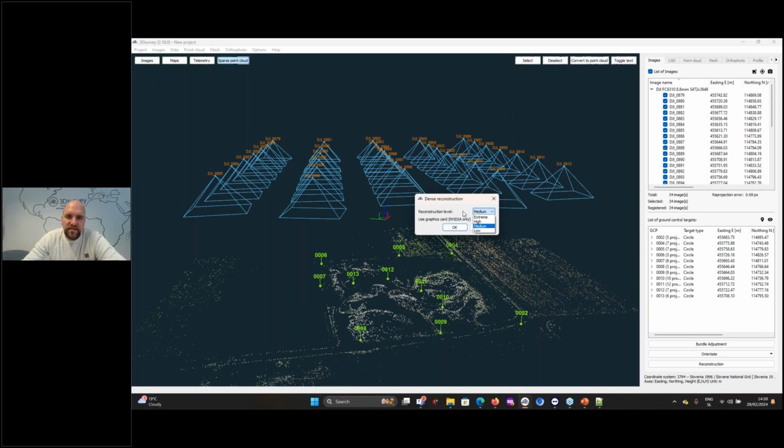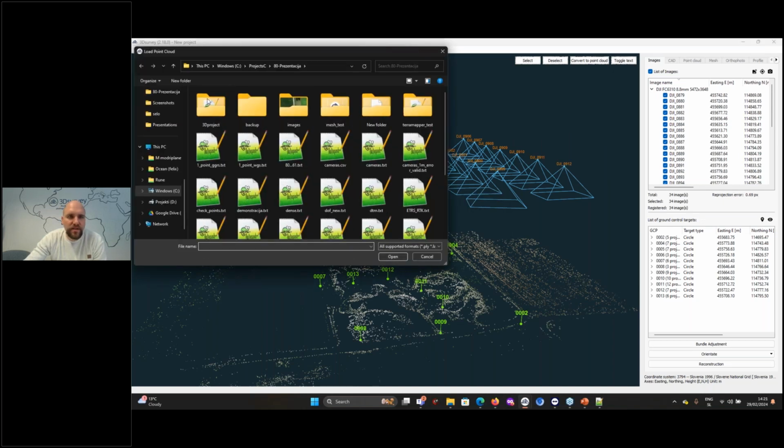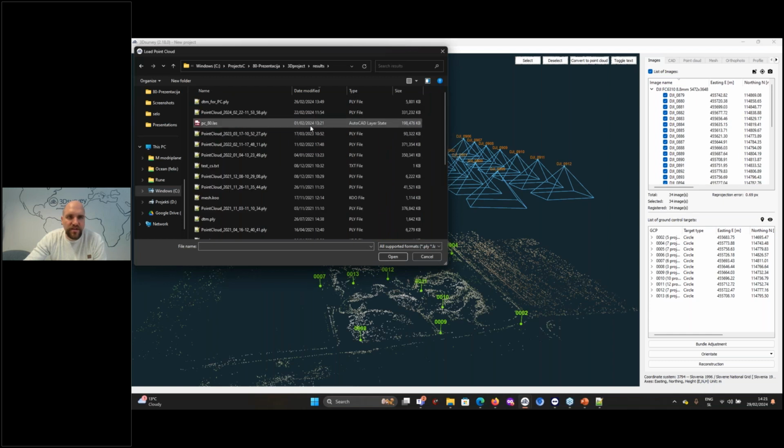In any case, this algorithm runs on GPU, so it helps if you have NVIDIA GPU. If you don't use this checkbox, then CPU is used instead, but results are nicer with GPU-based calculation. So on high setting, it takes approximately 1 hour per 100 photos. So here we have 33 images. That would take approximately 20 minutes. So that we don't wait for this to finish, I will just cancel here and go to point cloud, load, and load a pre-calculated point cloud.